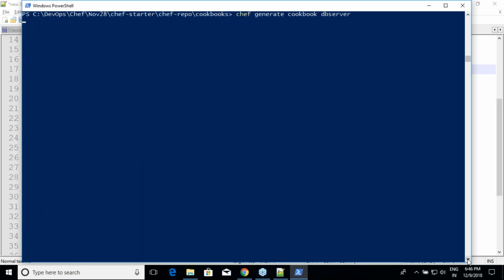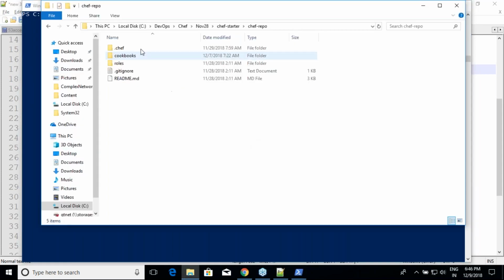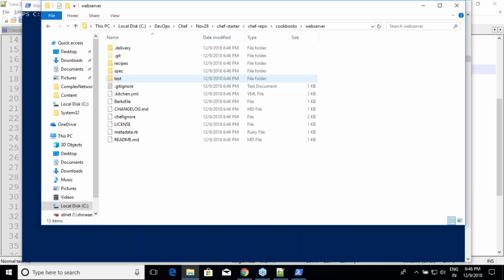I'll be executing very simple statements over there. While it is doing its job, let us prepare the cookbooks. What was it? Web server.